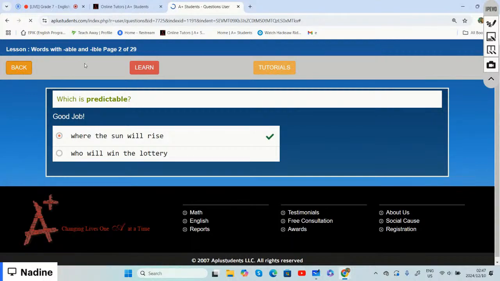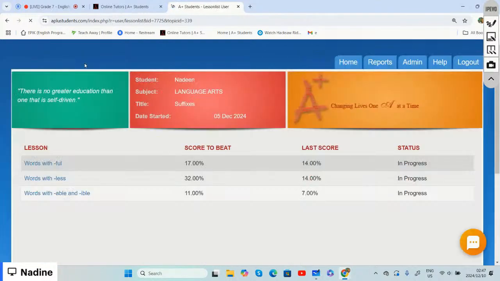All right, so this is now the end of our lesson on suffixes. Remember, we said a suffix is a word part that can be added at the end of a base word. A base word is a word that can stand on its own and has its own meaning. But now, once the suffix is added to the base word,